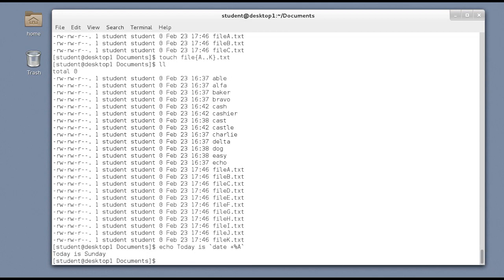We use backticks around the date command. The embedded %A is a date command syntax that returns the day of the week. The backticks are an older syntax from the Bourne shell that are generally discouraged in favor of the easier to implement parentheses syntax of the bash shell. So let me do another example that uses the newer bash shell syntax instead.